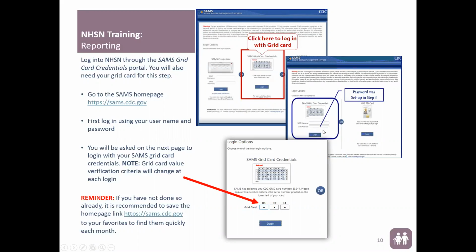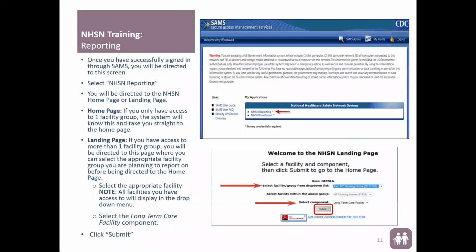And then once you're successful at passing through that, you will be directed to the SAMS Grid Card credentials login page. You're going to log in with whatever credentials they're asking for, the letter and number, and you will just enter them based on the grids from your grid card, and it changes every time you log in. You will then log in,